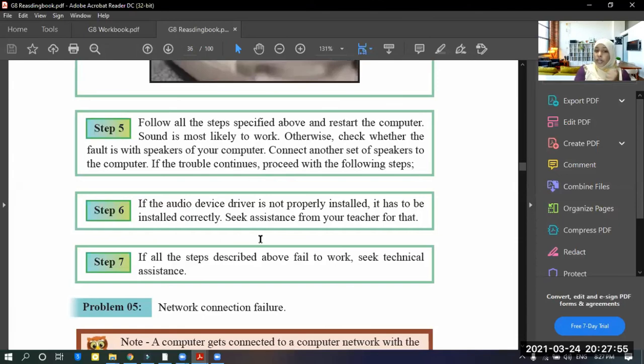What is an audio device driver? There is something called a device driver in the computer. For an example, when you are connecting a peripheral device like a printer, speaker, and scanner, these are peripheral devices, right? You can remember. So when you are connecting these peripheral devices to your computer, you should introduce this peripheral device to the computer.